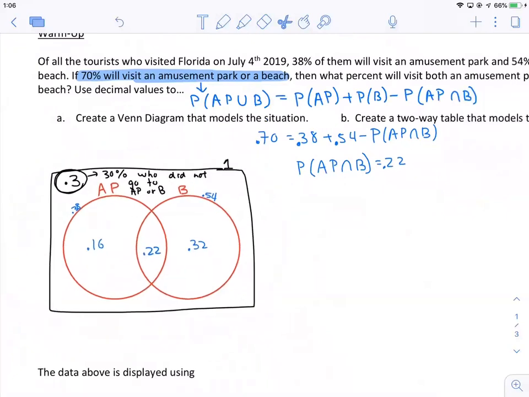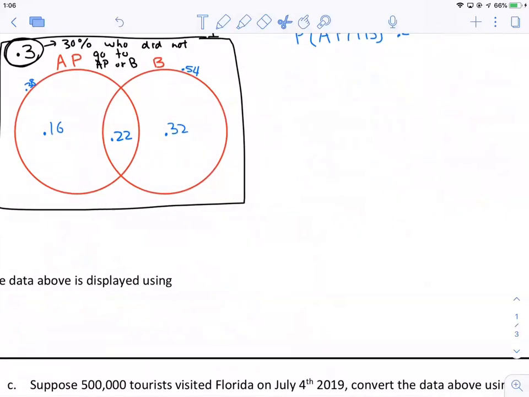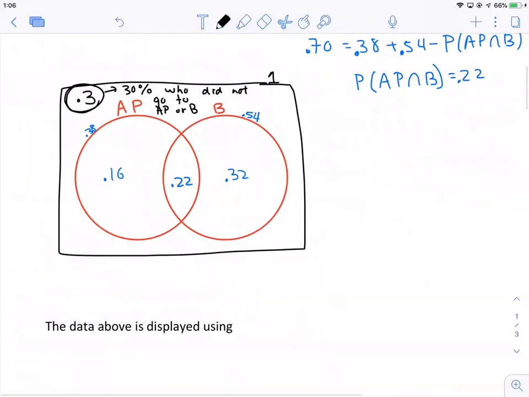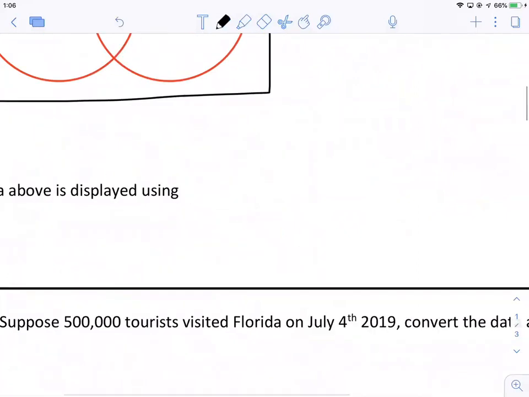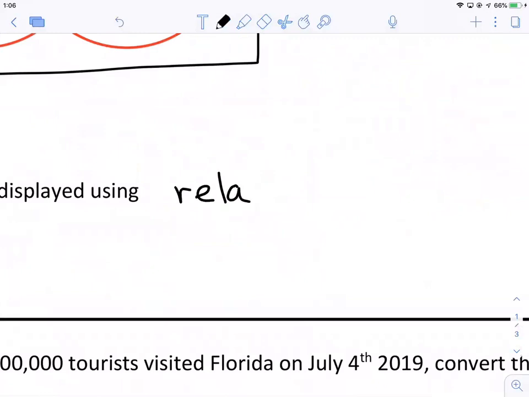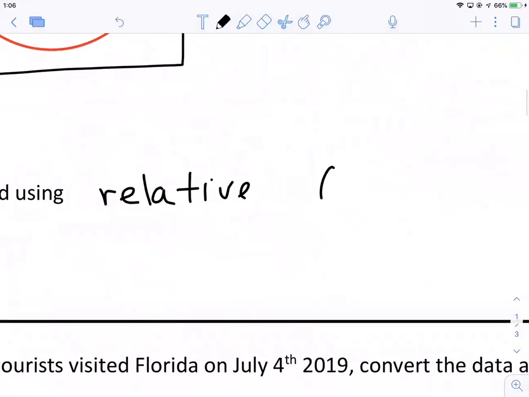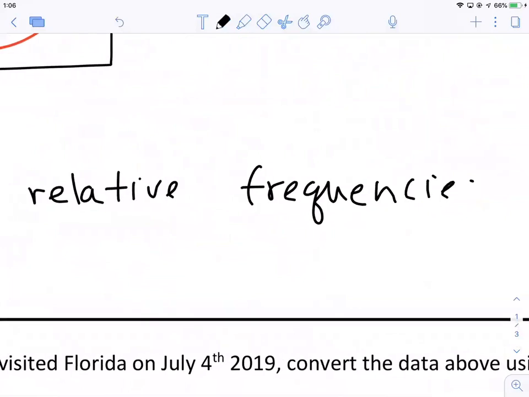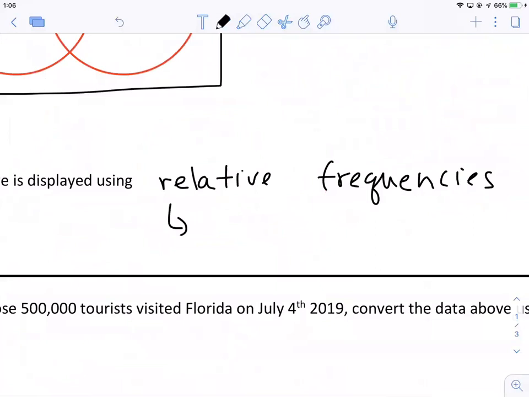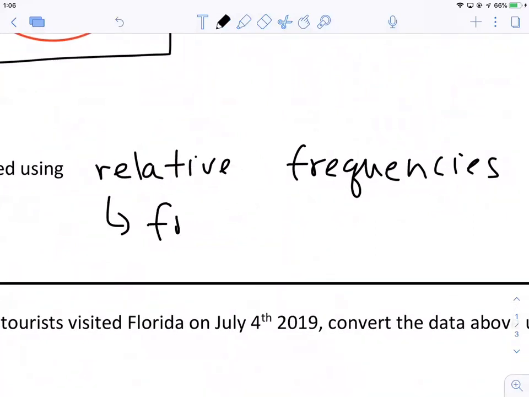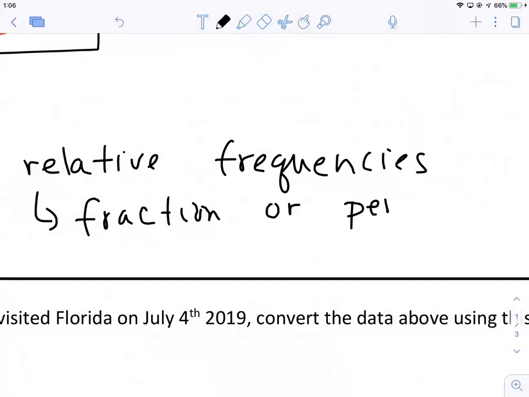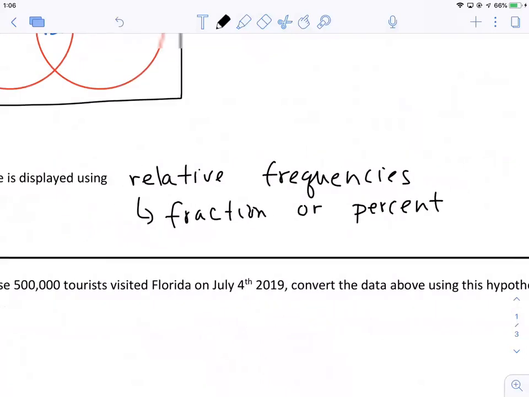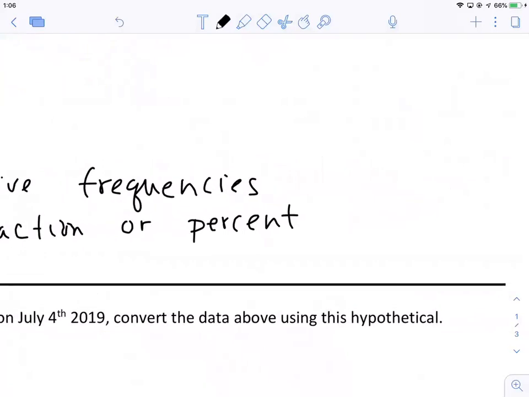So what we just did is we displayed the data above using, well, we didn't give the number of people, right? We gave the fraction of people or the percentage of people. So we call that a relative frequency. Relative frequencies are just a fraction or percent. In this case, we wrote the percent as decimals. That's just a fraction or percent of,